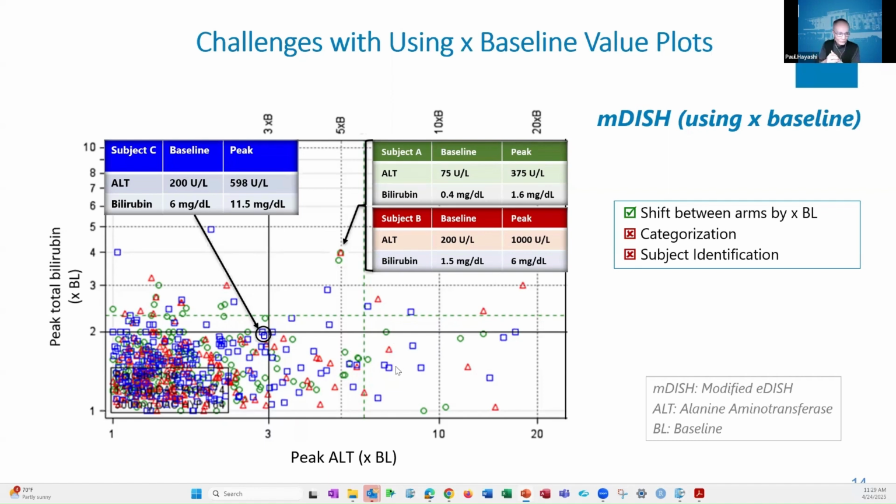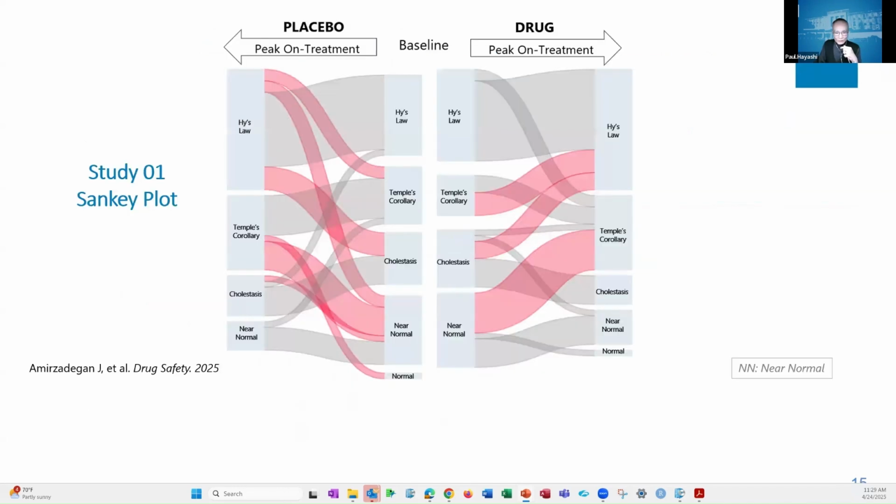Now, someday, I'm hoping you guys are coming up with some interactive graphics. Maybe it'll be like a video, and you'll watch patients move across these quadrants, or this grid. I don't know. But for now, the idea of migration stuck in our head, and that's what led us to think about a Sankey plot.